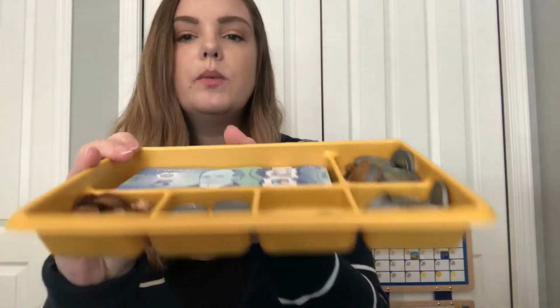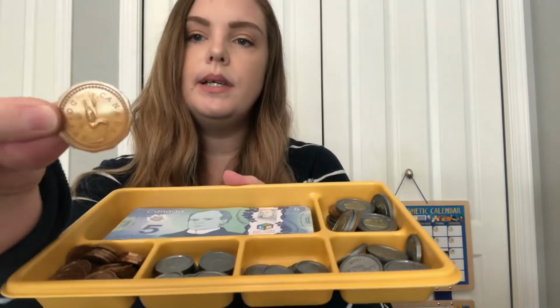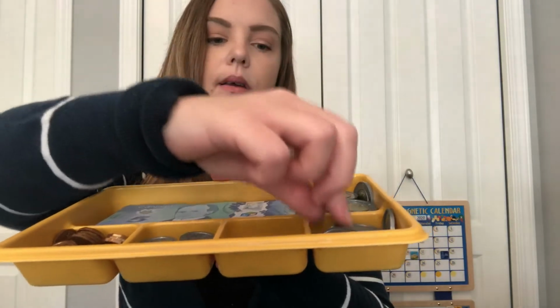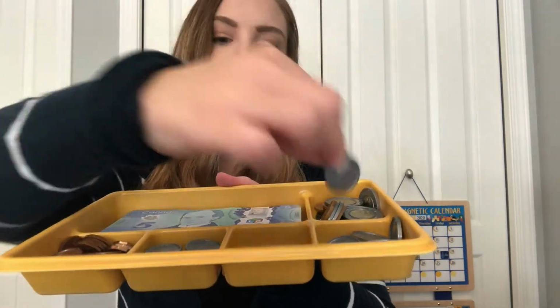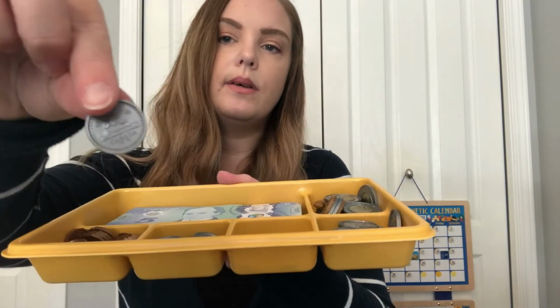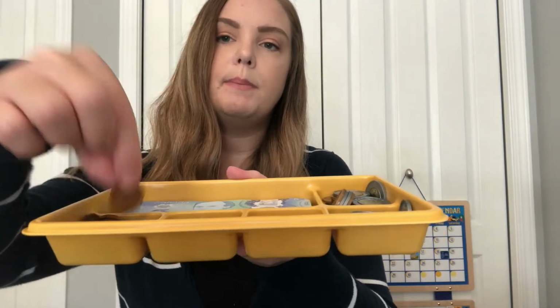And then for the coins, we've got loonies, toonies, quarters, dimes, nickels, and pennies. At first I was like, I don't really know what the point of having the pennies is, since we don't have pennies anymore, but it actually works out quite nicely, because the reason I got this set